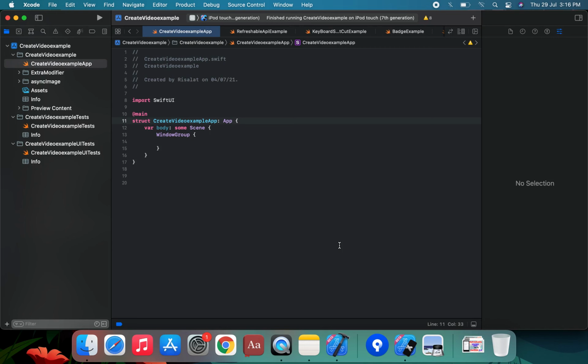Hello guys, welcome back. Today I am going to discuss how to animate a change in a binding value. Two-way bindings let an object hold the state of our program, and we can respond to that by adjusting